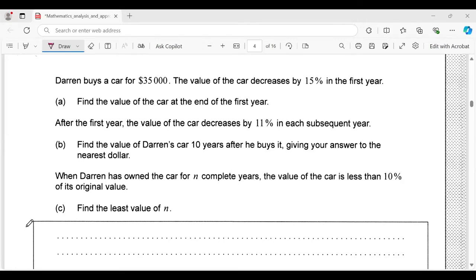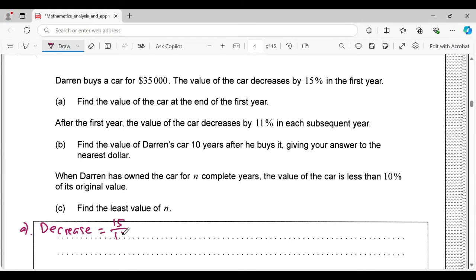15% decrease. 15% means 15 over 100 times the price of this car, 35,000, and it is $5,250. So it means the car's value at the end of the first year